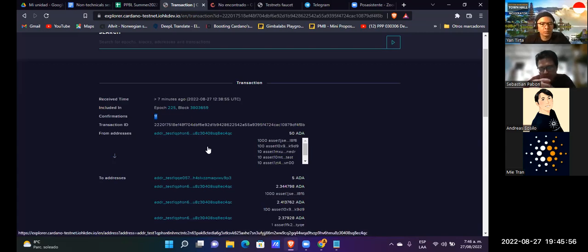When you send a transaction to the blockchain, the blockchain needs to get a minimum number of confirmations from various servers, confirmations about the authenticity of the information.